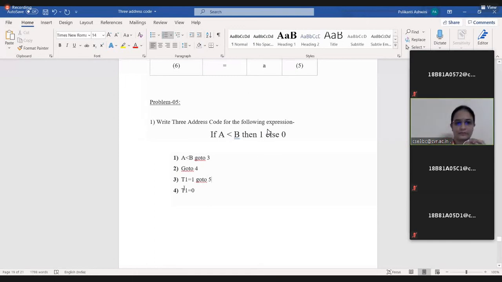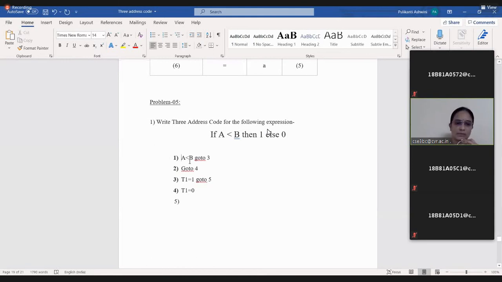In label 5, I will not write anything. Why? Because this fifth label is nothing but the out of if statement, and after that, whatever statements are there are going to be executed.